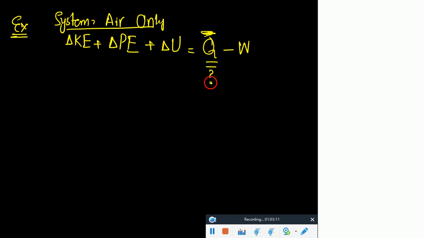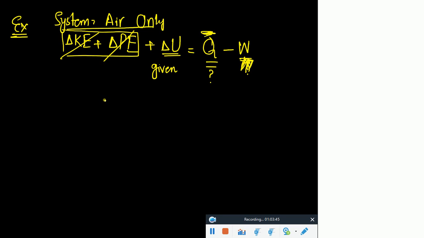So the point is, we need to define this. This is something to be found out. And this is something which is given to you. That was given. Okay. So we do not consider any kind of these quantities. Why? Because we can't really measure kinetic, because it's a gas. We can incorporate all the changes into internal energy. And then this is given to you. This is to be found out.